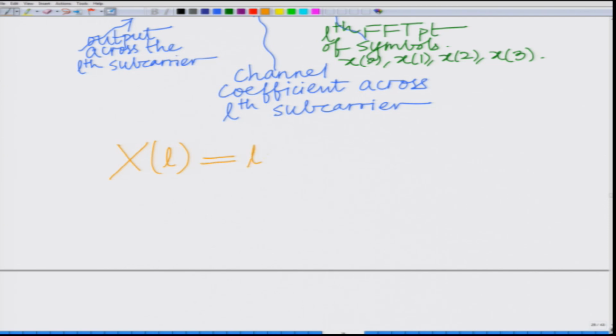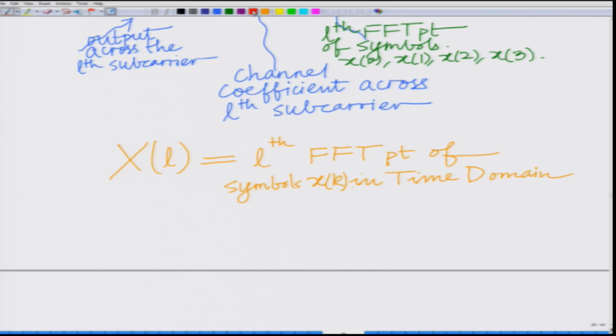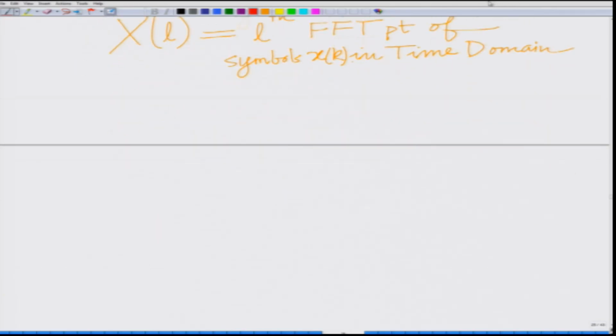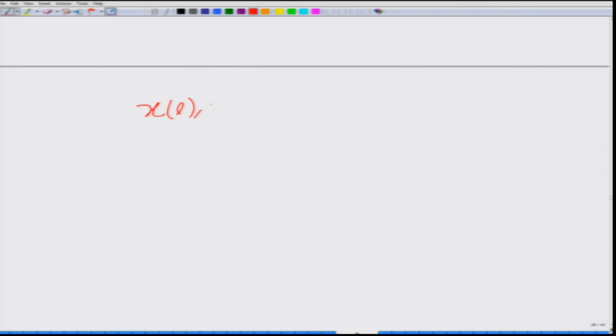Okay. So, now let us explore this quantity capital XL again. XL, as we said, is the Lth FFT point of your transmitted symbols, that is, the symbols which are the small x k in the time domain. Which means XL is the n-point FFT of, that is, how do we generate these XLs? You have your symbols in the time domain x0, x1, x2,